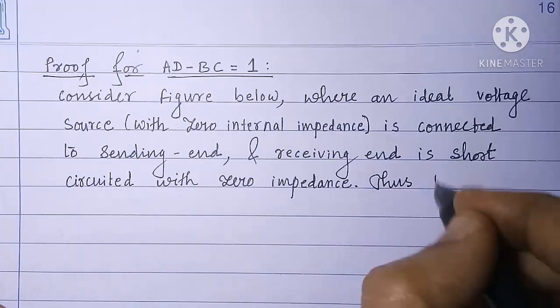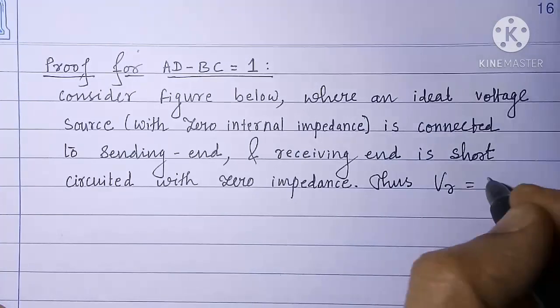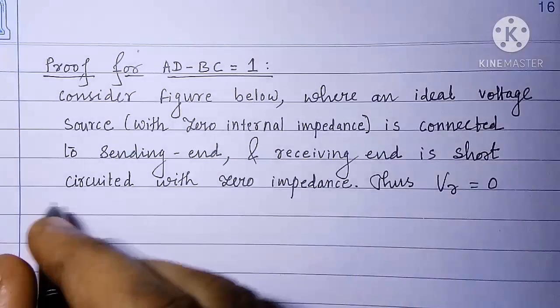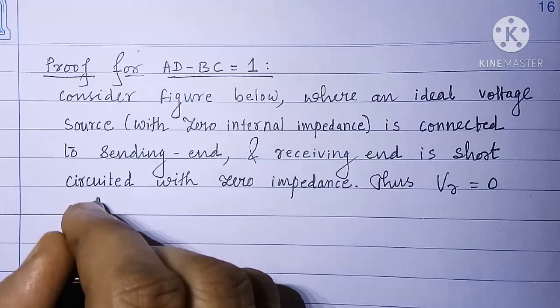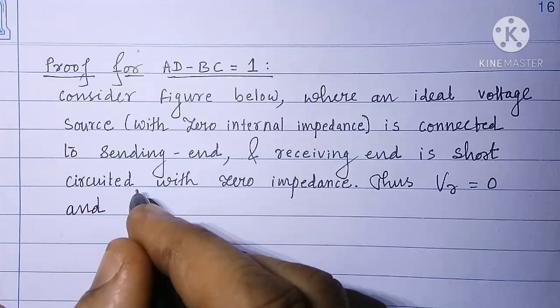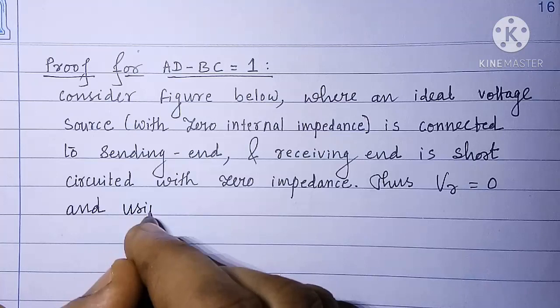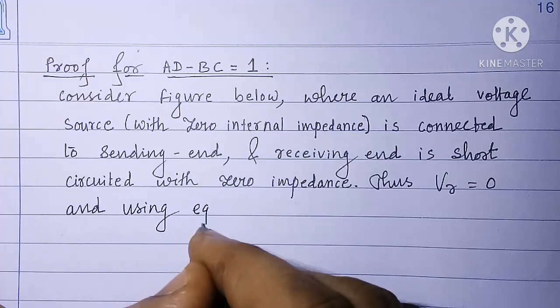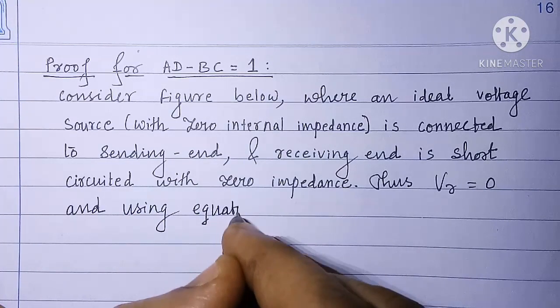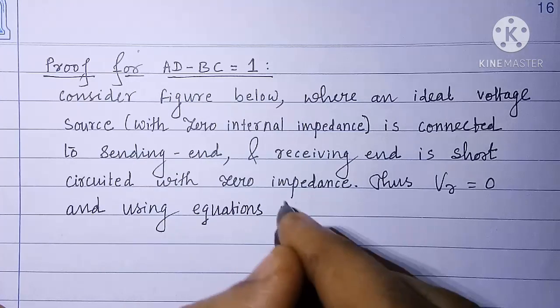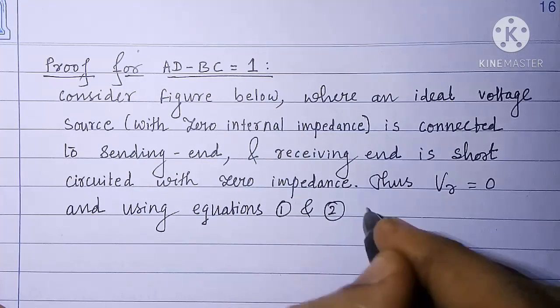Thus, Vr is equal to 0 and using equations 1 and 2 we can write